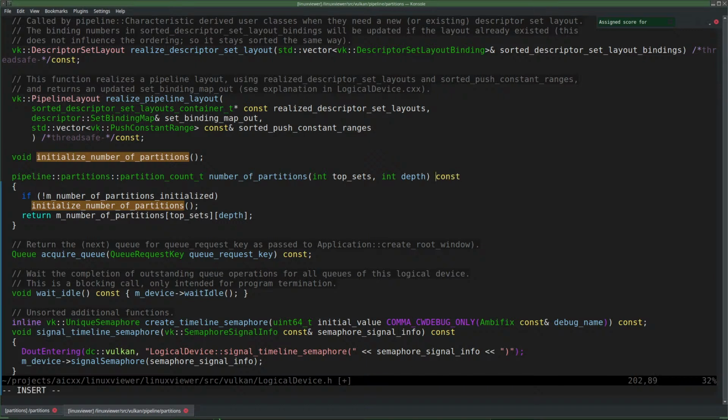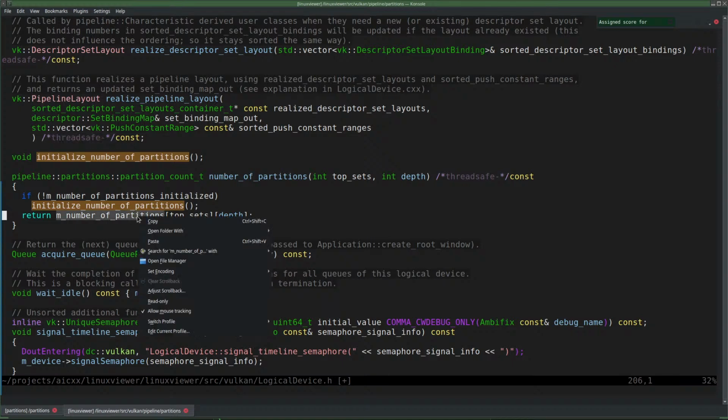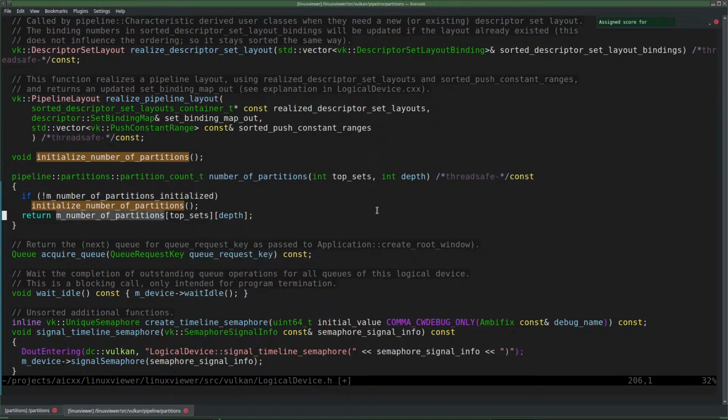So because of this initialization, it's not really const, but it's thread safe const. Now the problem is that I need to write to this thing here. There's two possibilities. Either I wrap it inside a